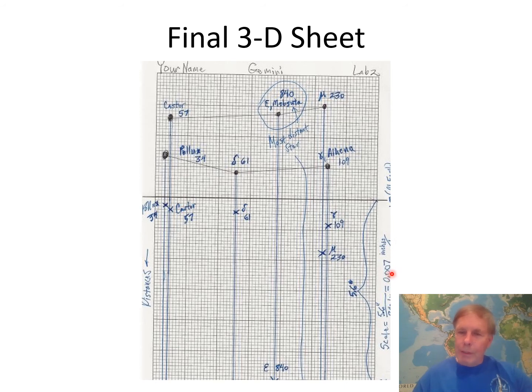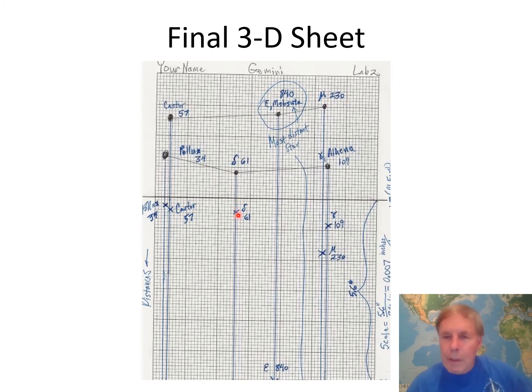Using this number, we take the scale factor and multiply it by all the distances in light years, and it tells us where all of these stars plot. And that's how I knew where to plot these things. For example, delta is 61 light years, we multiply it by 0.007, and it comes down just short of a half an inch. And so you're going to need a ruler to actually plot this